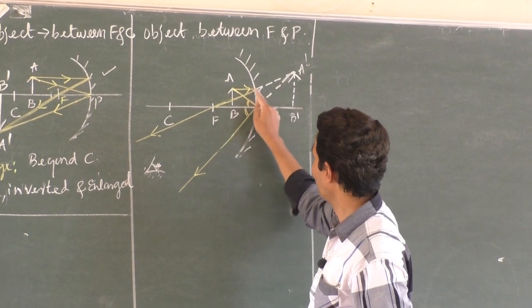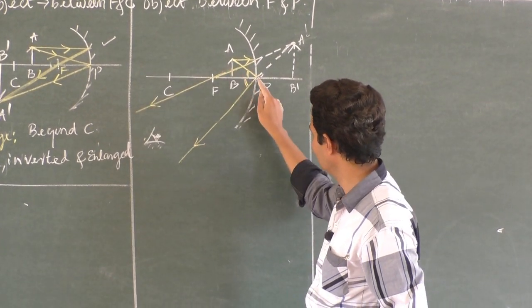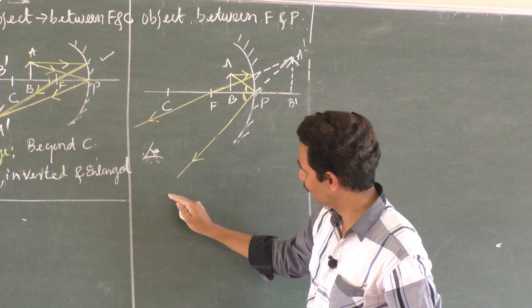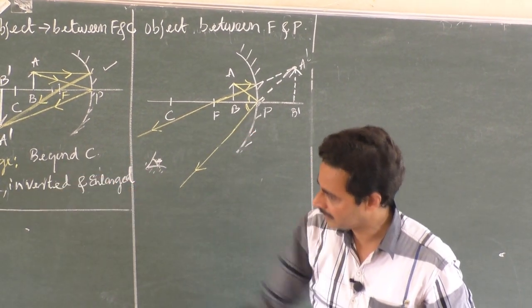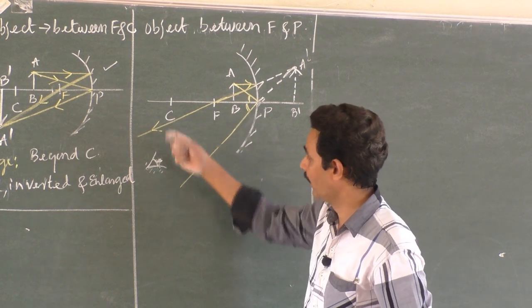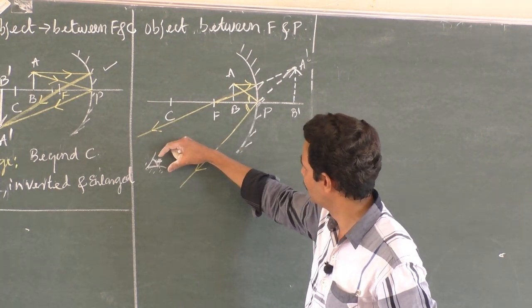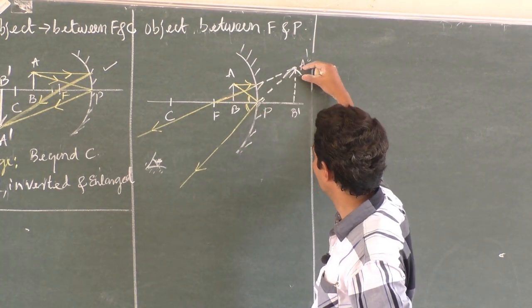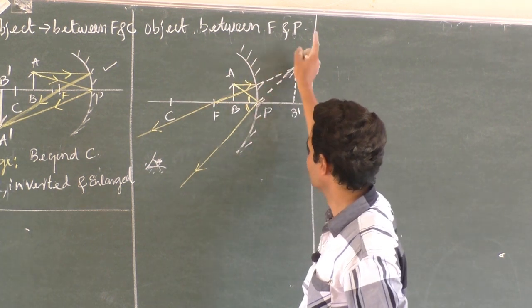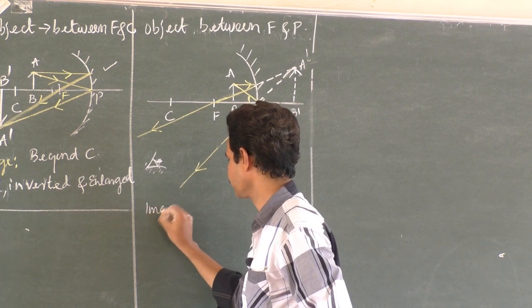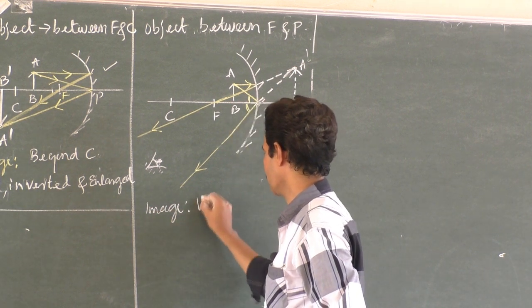You can see this inside the mirror itself. So one ray parallel moves to the focus, another ray incident on the pole at some angle gets reflected like this. They never meet as we got in the earlier cases. They never meet, they diverge. But for a person observing from here, it looks as if they are coming from here. This is the virtual image. So, object between focus and pole. What about the image? Image is virtual